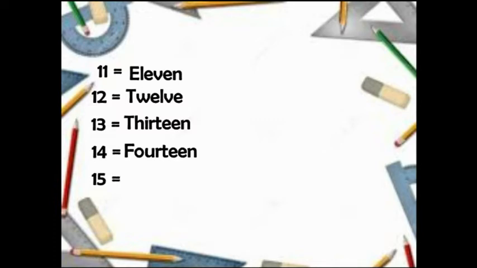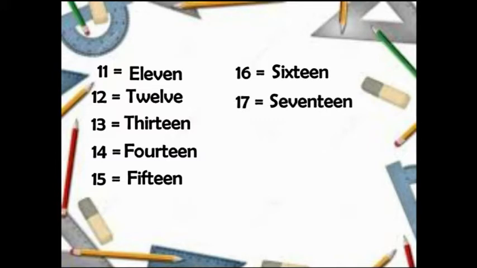F-O-U-R-T-E-E-N. And the next one, we have the number 15. And the spelling of number 15 is F-I-F-T-E-E-N. Next, number 16. And the spelling of number 16 is S-I-X-T-E-E-N. And number 17, the spelling of number 17 is S-E-V-E-N-T-E-E-N. Another one, number 18. And the spelling of number 18 is